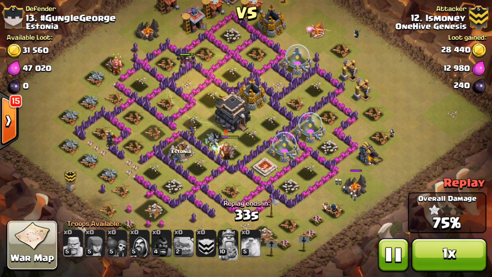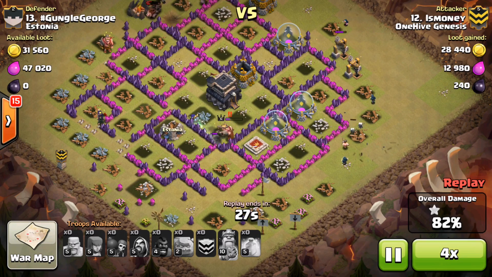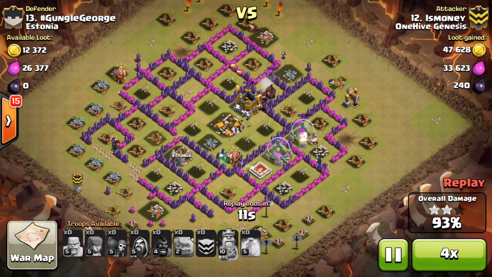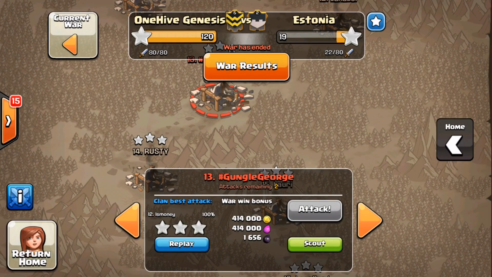The king's the only threat left, and those witches are locked onto him, so he's going to be taken care of. Beautiful attack. Really, really nice job. Love the queen kill. Probably my favorite part of the whole attack. Just done perfectly. So good job, man. All right, let's look at Thrill